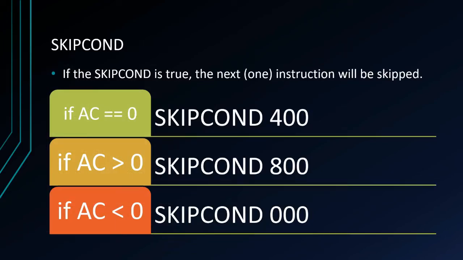Okay, for the SKIPCOND instruction. Etong SKIPCOND, this is just like a while loop sa ibang high-level na programming language. However, yung difference ni SKIPCOND from those high-level programming language na while loop is that in high-level programming language, yung while loop nila is if the condition is true, then the while statement will be executed, right? And then if false, then